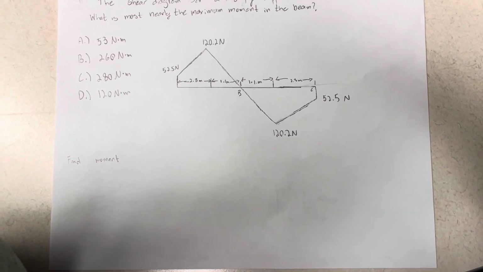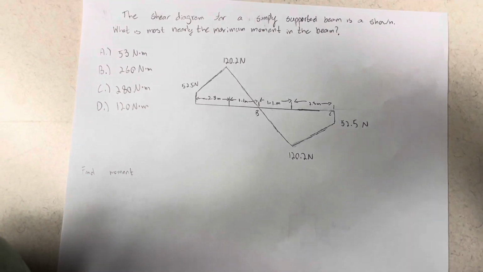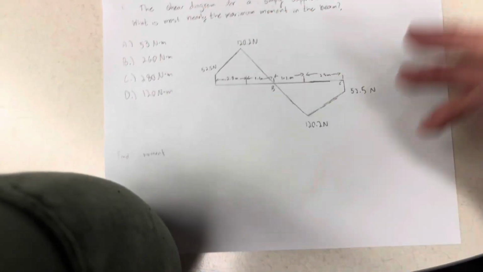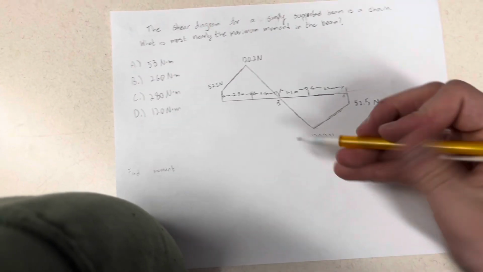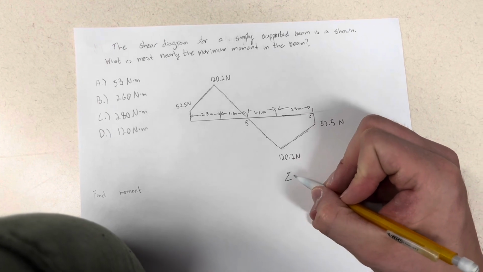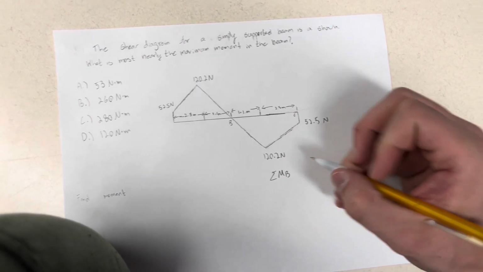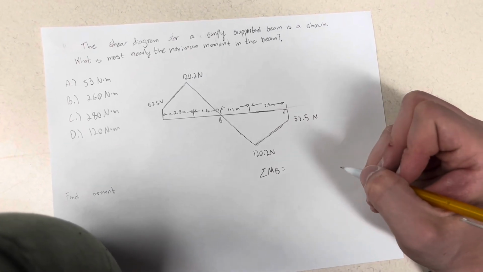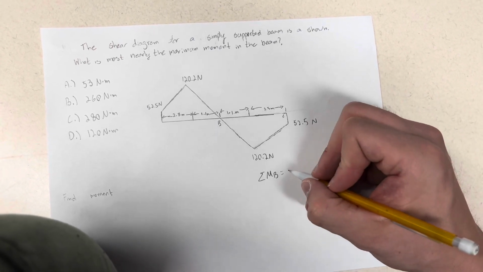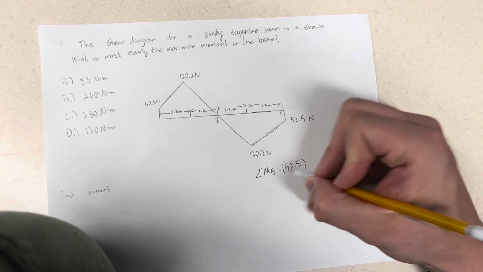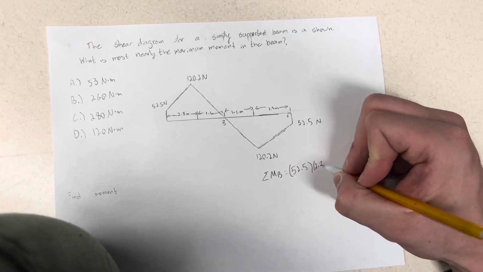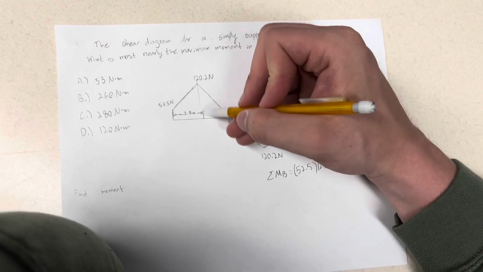So for this, both sides are even, so we could just take a moment from B and find it that way. So start with 52.5 times 2.3 meters. It's this first section,